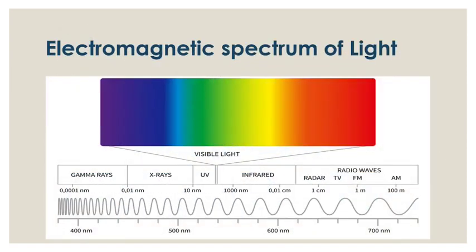Let us see the electromagnetic spectrum of light. If you see carefully, this region, which I'm making red in color, is called the visible light spectrum. It ranges from 390 nanometer to somewhere around 730 according to your textbooks and 750 according to Google. This 390 to 730 or 750 nanometer range is called visible light.